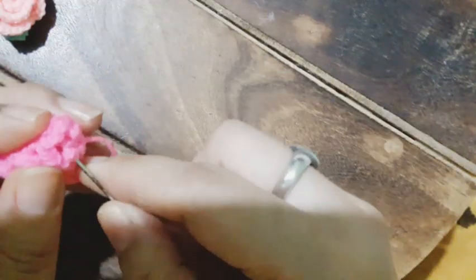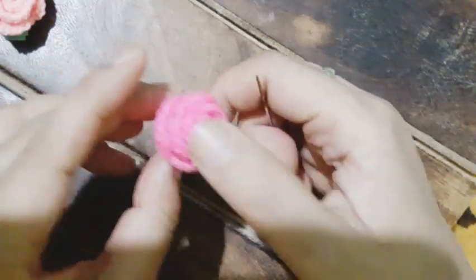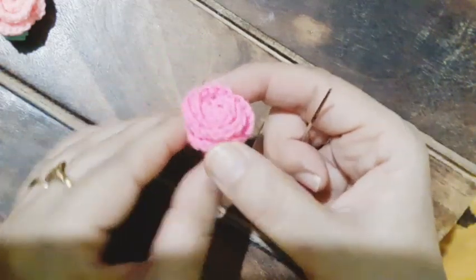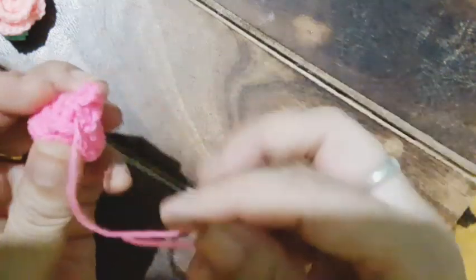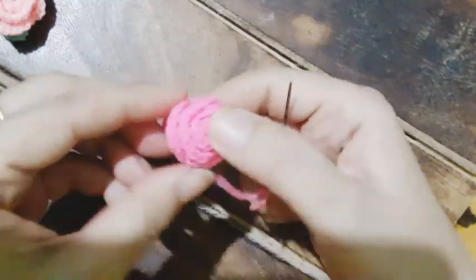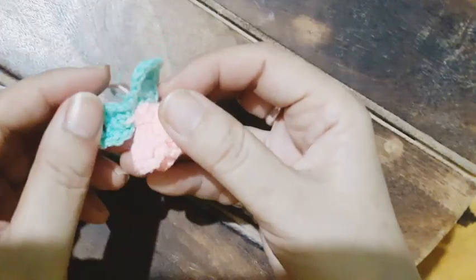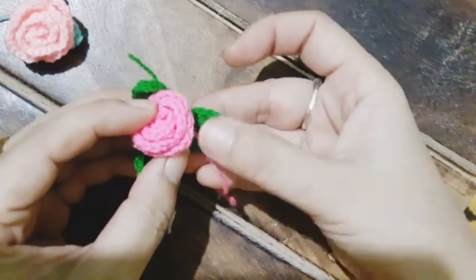Now when we secure it, we are not going to do it too tight because that will shrink our work. So this is how our rose looks. Now finally we are going to sew it off, and see, this rose can be used for your clips, for your hair bands. Now I'm going to show you how we are going to work that little leaf